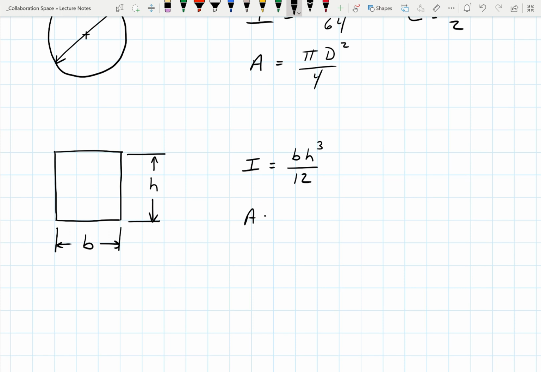The area, base times height. And the C, height over 2. Okay. Now,